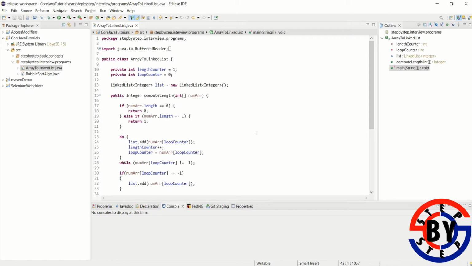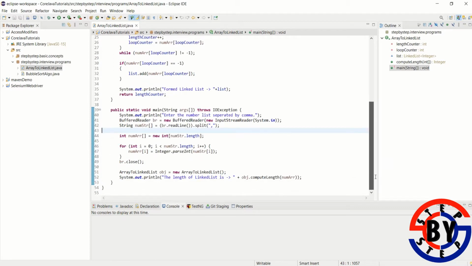I have already written it to avoid time consumption, and I'll explain the program now. The first condition says that we need to read the array from the standard input. For that, I have written code with a BufferedReader, and as we are reading it as a string, I'm splitting it with a comma, so the user has to enter the array numbers in comma-separated format.